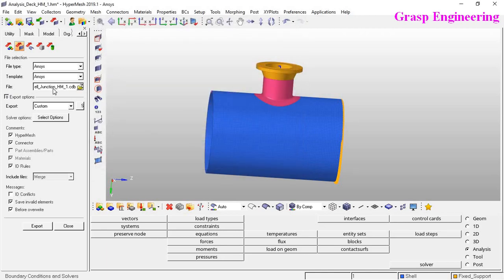Once you save, you will find the name over here. Just need to export, no need to change all these other options, just keep them as default and then export. Okay, so right now our export part, or HM part, is going to be over. If you encounter any error, it will come right now when you are exporting the file. But right now we didn't face any error, so we can say that our file is up to the mark.